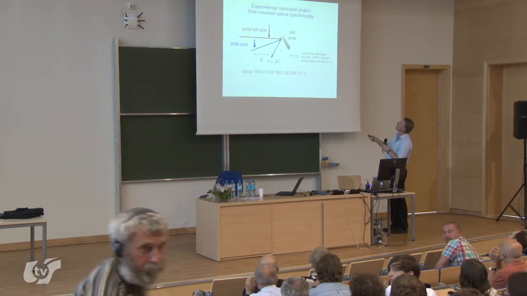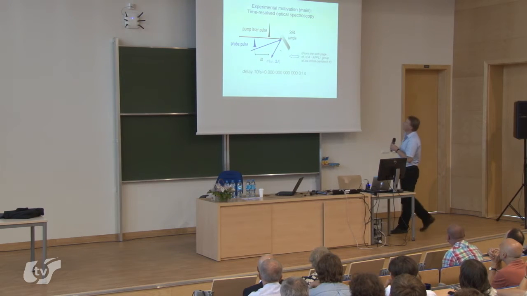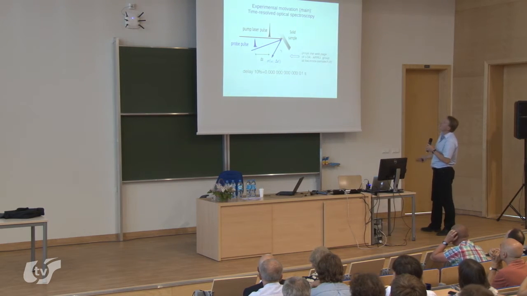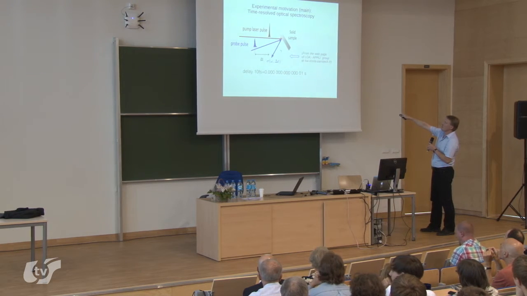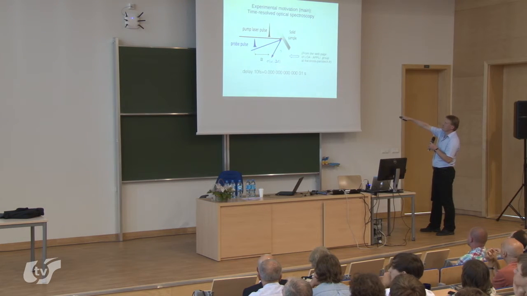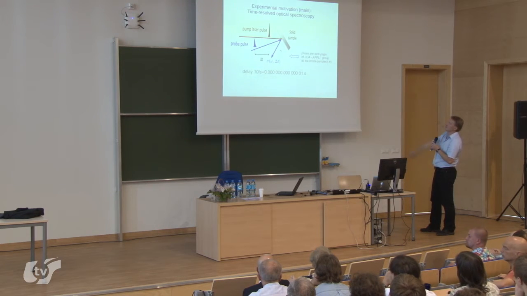This is a slide from a web page, I haven't made it. Anyway, the blue arrow is what we usually did before: we applied a laser pulse, this pulse hit the sample, some part of the pulse is reflected, and we measure these reflected photons, and from this we learn a lot about the sample.